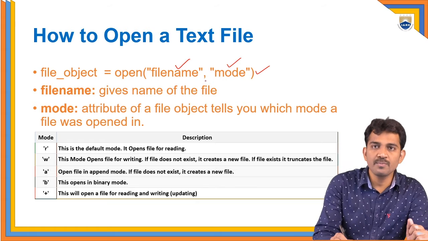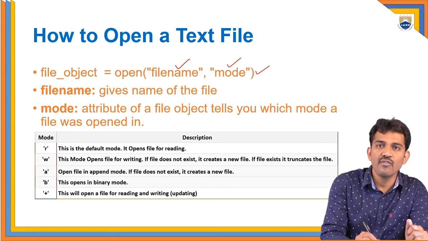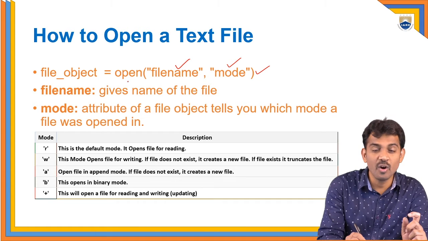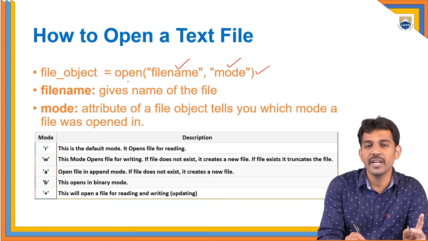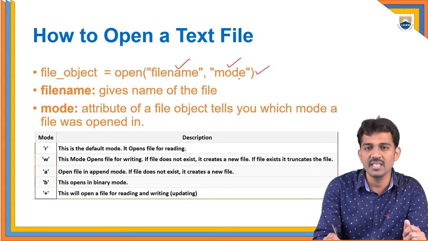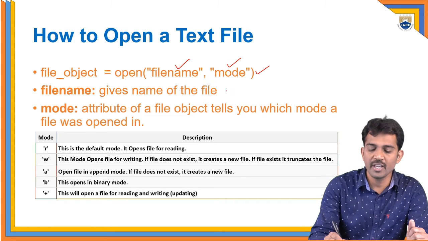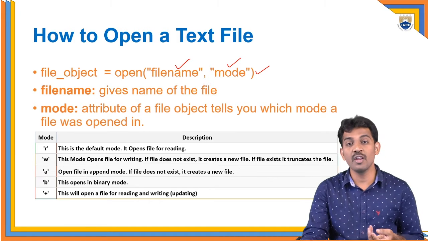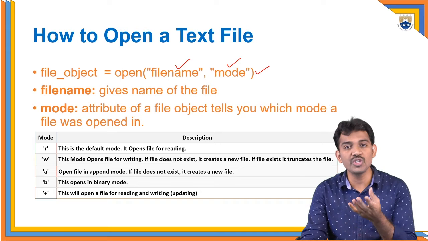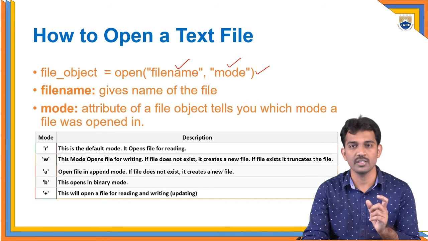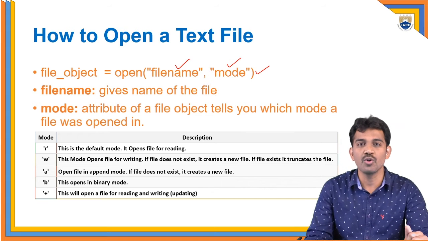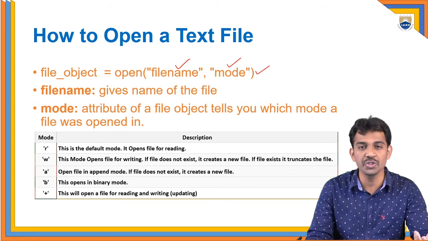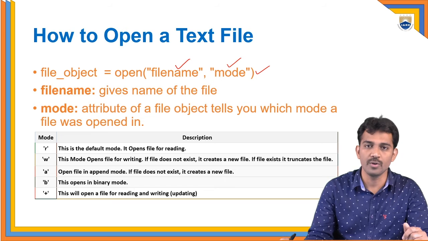If you observe this statement syntax, this is the file object, and by using the open method you are going to create the file object. The open method contains two components. First one is the file name, as well as the second one is the mode, right? The file name gives the name of the file, which you are going to create, or if you are going to read a file, what is the file name you want to read? You need to specify it in the file name path. Coming to the mode, are you going to read, write, or append? That will tell about the mode.